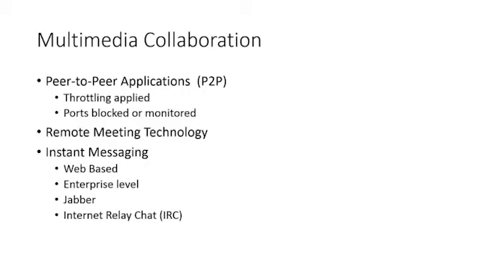Another popular one is Jabber. All right, Jabber is an instant messaging program out there. You can download that. You can be the server if you wanted to. So you could actually set up your own instant messaging enterprise using the Jabber technology. You could set up a server, and people can connect to your server, and then they would be able to communicate, and you're kind of like the middleman.